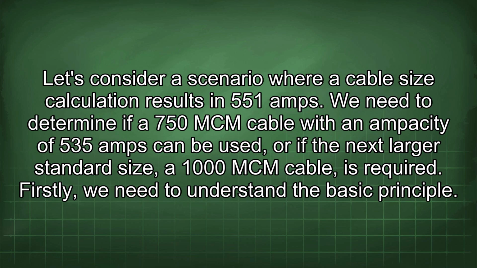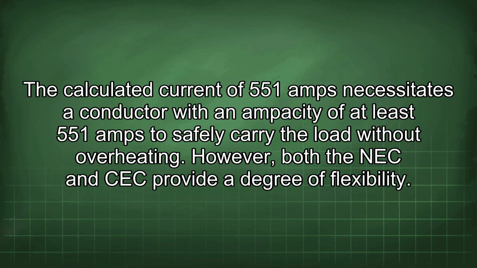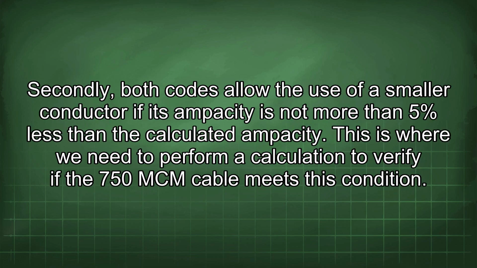Firstly, we need to understand the basic principle. The calculated current of 551 amps necessitates a conductor with an ampacity of at least 551 amps to safely carry the load without overheating. However, both the NEC and CEC provide a degree of flexibility. Secondly, both codes allow the use of a smaller conductor if its ampacity is not more than 5% less than